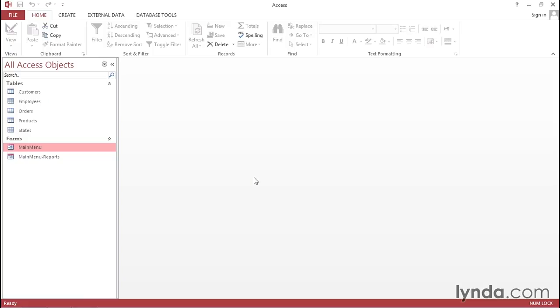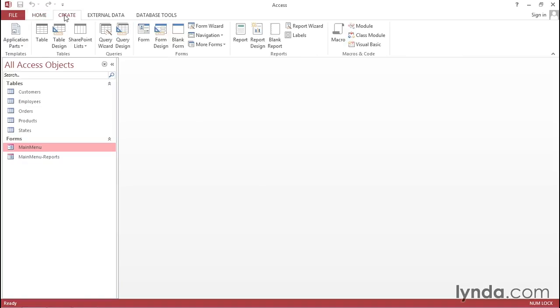Now, one of the things that you can find in many professional applications is the use of a splash screen while the program is loading. A splash screen introduces the application and might give useful information about the program version or who created it. Rather than dumping our end users right into a main menu, we can create a form that acts as a splash screen and helps ease the user into the program. Let's go ahead and create a splash screen by going up to the Create tab and starting a new form